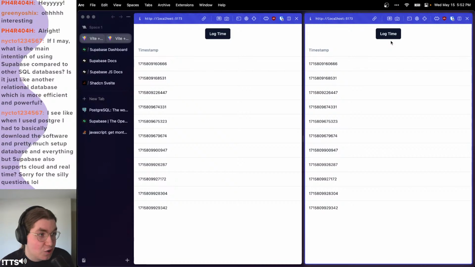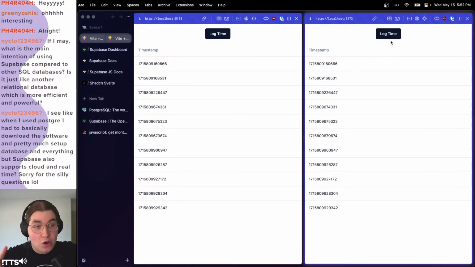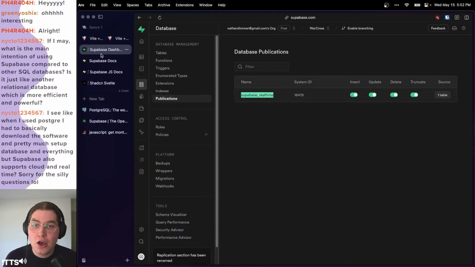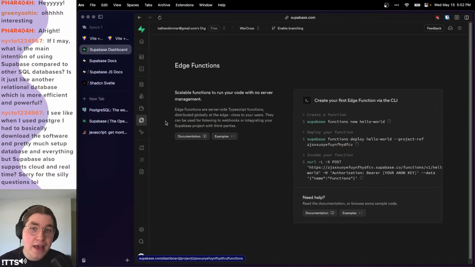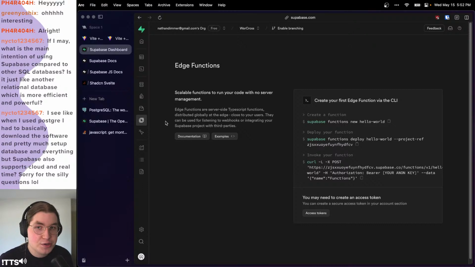No, it's not silly at all. Yes, when I used Postgres, I basically had to download the software and pretty much set up the database and everything, but Supabase also supports cloud and real-time, yes. So you can install and run Supabase locally yourself, or you can use their cloud, which has a free tier, like most cloud services. And it adds the real-time functionality, along with, in the same toolkit, authentication, file storage, and edge functions, which are like serverless cloud functions